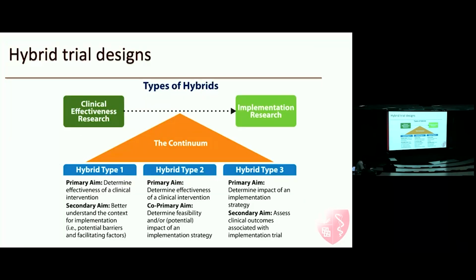So this trial is also a hybrid trial. What does that mean? Whereas pragmatic trials essentially focus on clinical effectiveness, if you add a layer of understanding implementation, how do you make implementation generalizable and in a way that is scientifically reproducible, that's where hybrid trials come in. So not only would you study effectiveness, but you also would study implementation. And there are different types. So our trial is a hybrid type 1, which means our primary aim is effectiveness, but we are studying implementation.